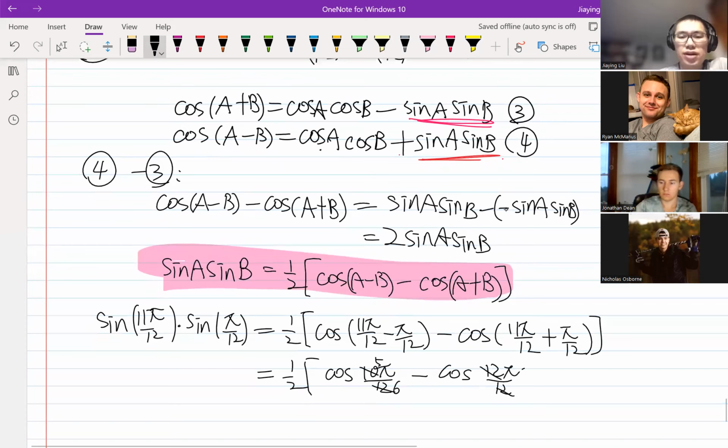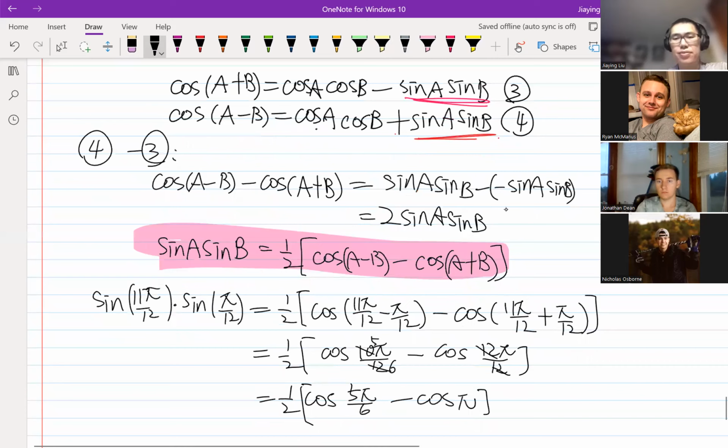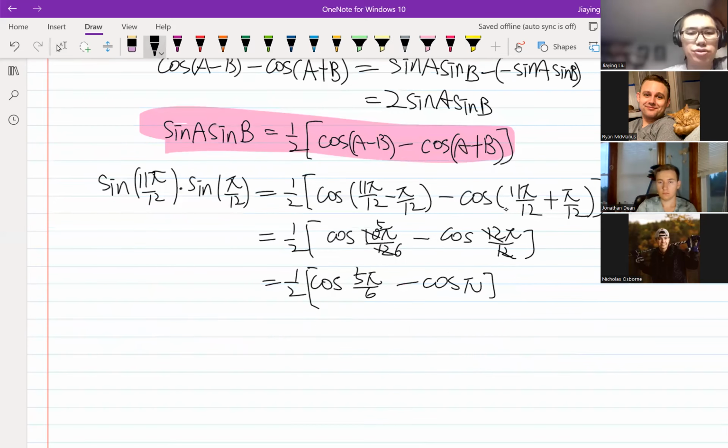So let's see, we have 1/2 cosine of 5 pi over 6 for the first angle, and then minus cosine pi. We need to figure out each one of them. So I'm going to use unit circles here. So cosine 5 pi over 6,